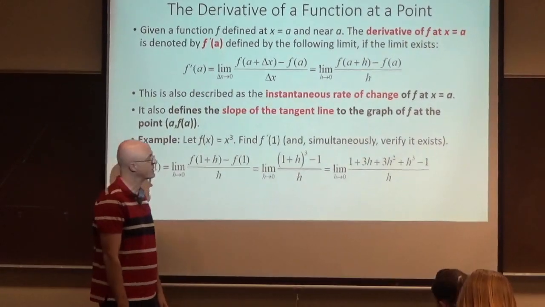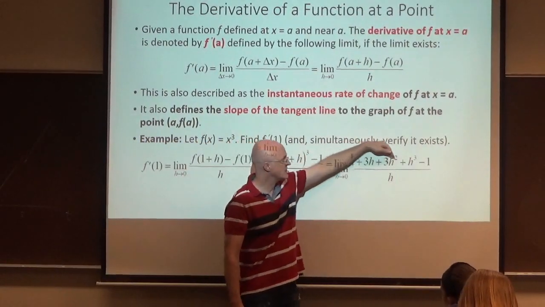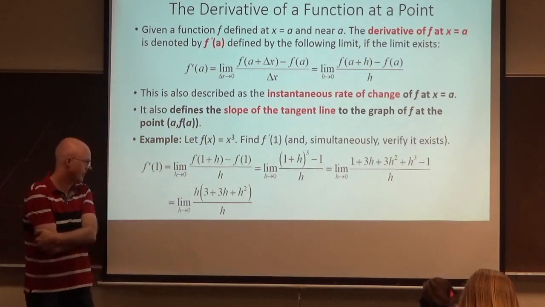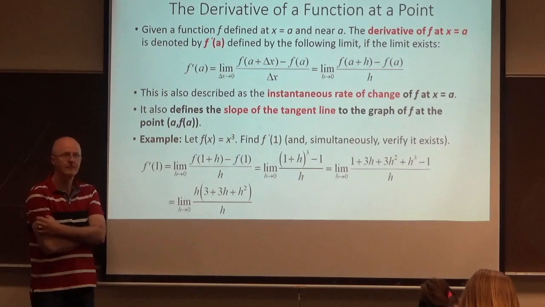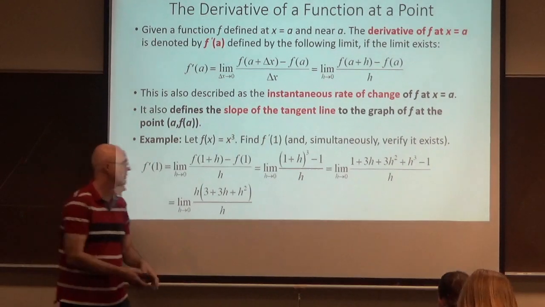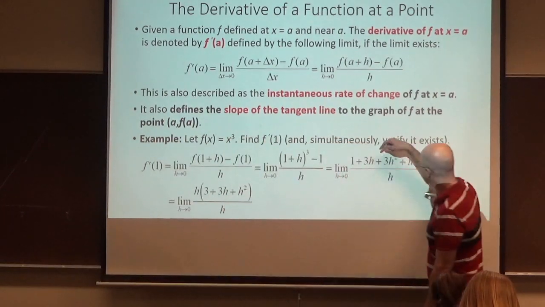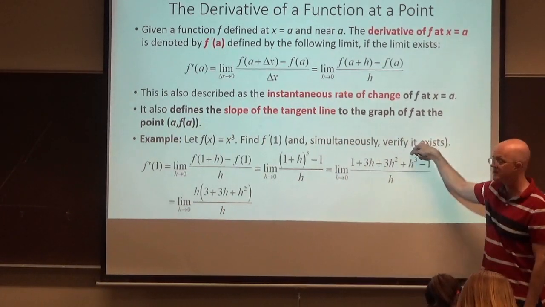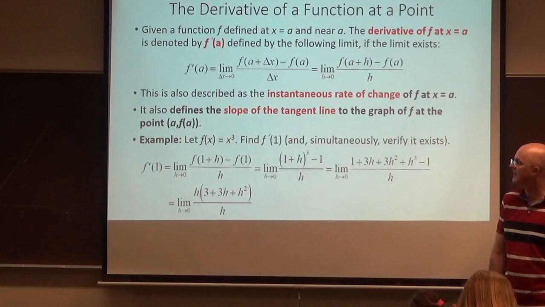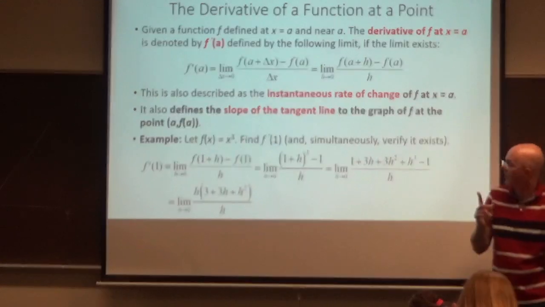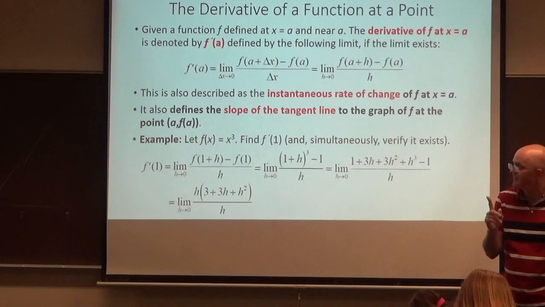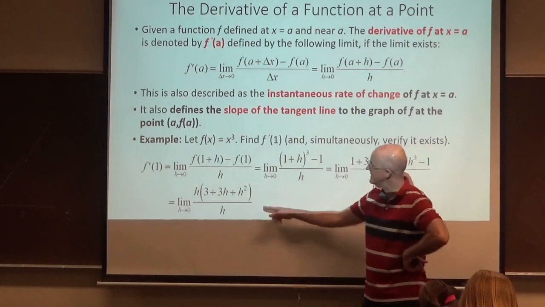And with what's left over in the top, each term has a factor of h. That can be factored out, like that. So I canceled the 1's. And then I factored an h out of the 3 terms that were left in the numerator, here, here, and here. So I reduced all their powers by 1. And now you're at the point where you can divide out the h's because, this is really key, as a function of h,